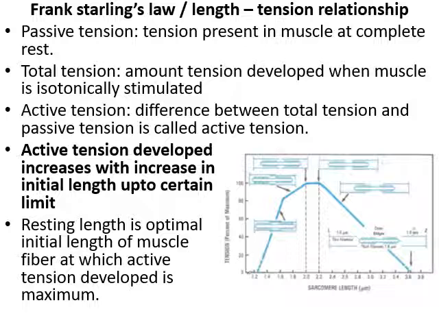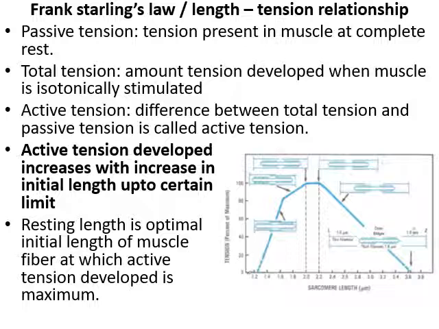Now, why is it so? The molecular basis was later discovered, and it was seen that the interactions between actin and myosin were increasing as the initial length of the muscle was increasing. As the initial length increased, there was more and more interaction between actin and myosin, and more tension developed. So it reached maximum at a certain initial length. This initial length at which the maximum active tension developed is called the resting length.